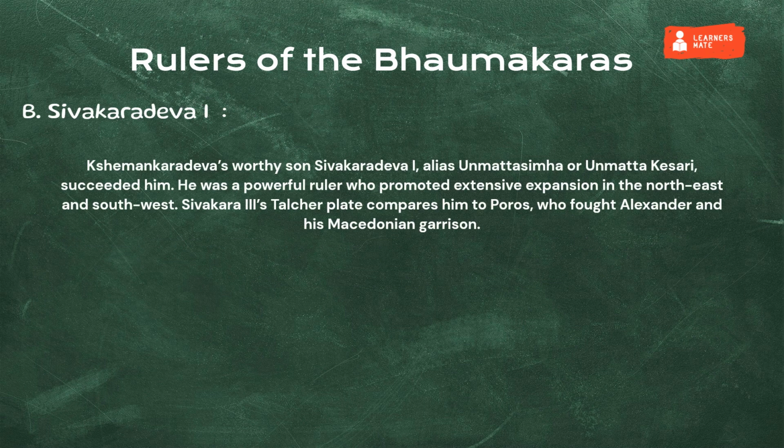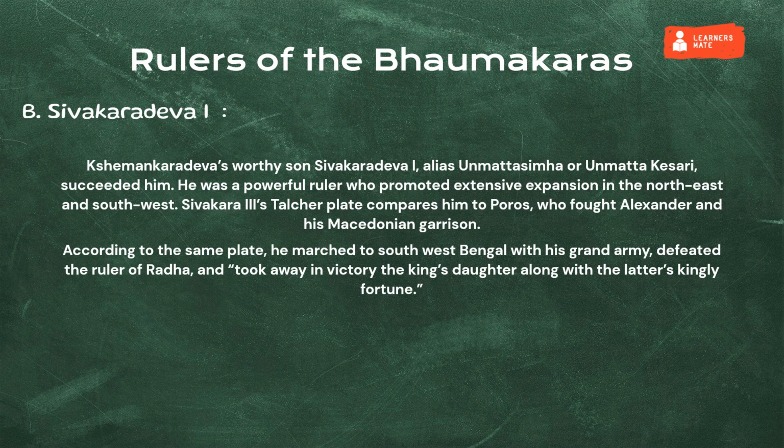Kshemankaradeva's worthy son Shivkaradeva I, alias Unmatta Singha or Unmatta Kesari, succeeded him. He was a powerful ruler who promoted extensive expansion in the northeast and southwest. Shivkara III's Kulurtas plate compares him to Poros, who fought Alexander and his Macedonian garrison. According to the same plate, he marched to southwest Bengal with his grand army, defeated the ruler of Radha, and